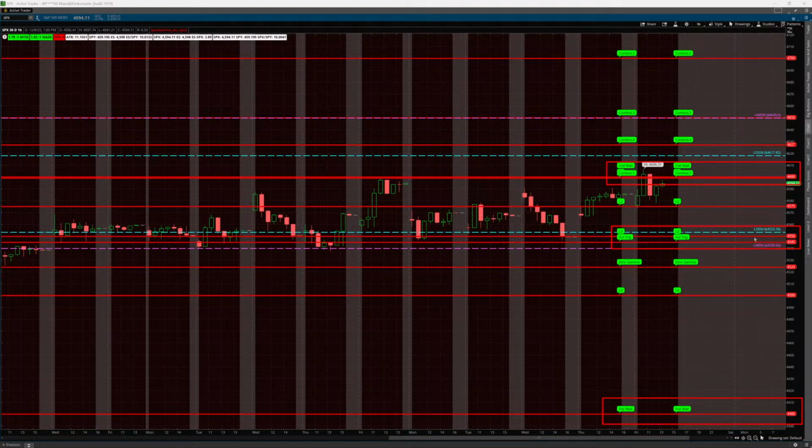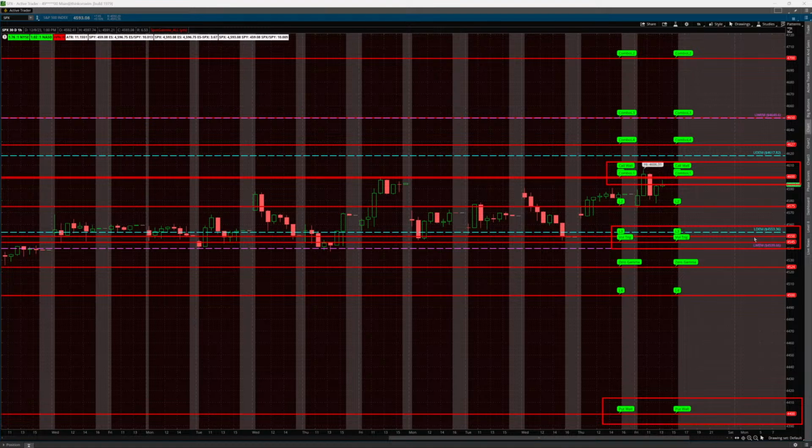So the volatility trigger is SpotGamma's proprietary volatility flip level. Below that level, market makers' position on the gamma curve is negative. In a negative gamma environment, they have to trade with price to hedge their delta exposure, and that tends to enhance or increase volatility. On the other hand, like SPX is trading now, market makers' position on the gamma curve is positive. In a positive gamma environment, market makers have to trade against price to hedge their delta exposure, and that tends to subdue or decrease volatility.